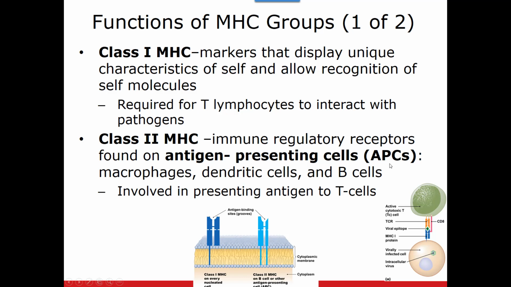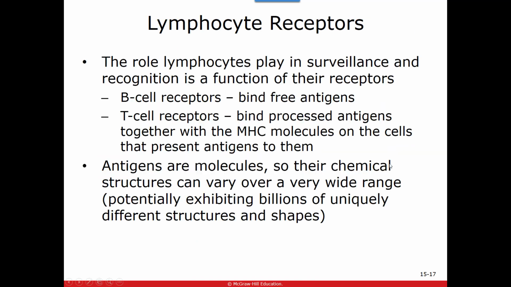Now, B cells and T cells have other receptors. They do have class 1 antigens on them because they are cells. They're still nucleated cells, but they do have other receptors on the outside. They are looking for foreign invaders. So B cells have B cell receptors and T cells have T cell receptors, and they look a little bit